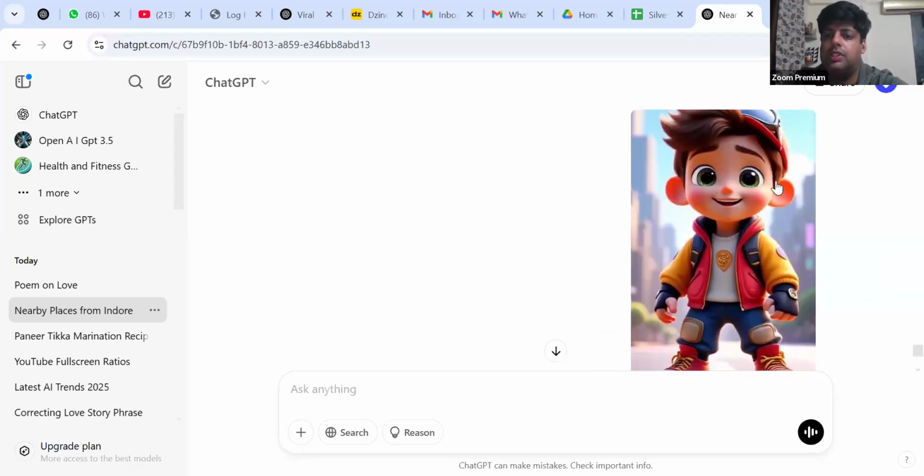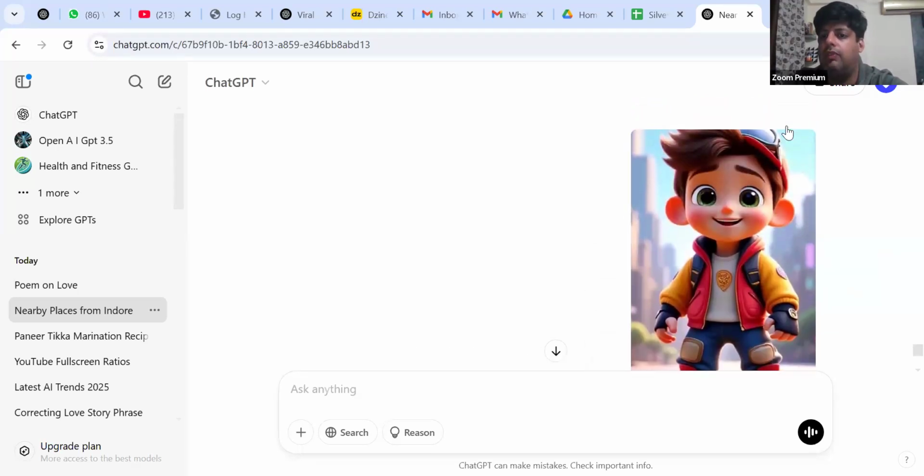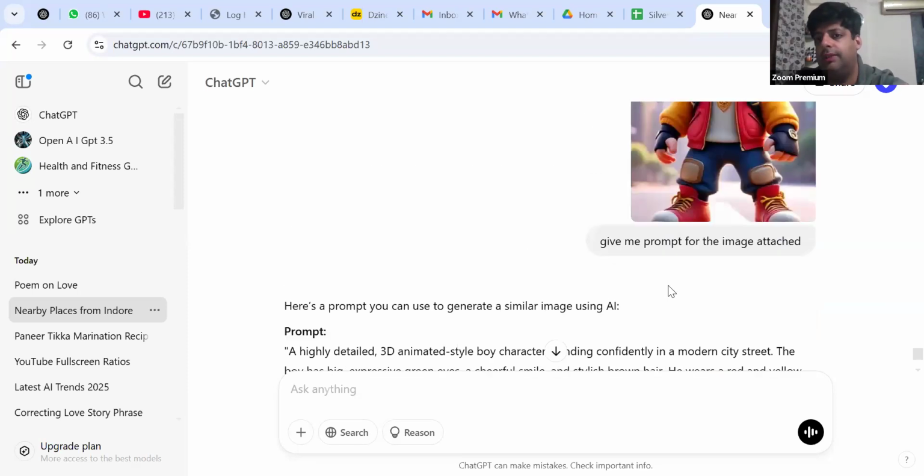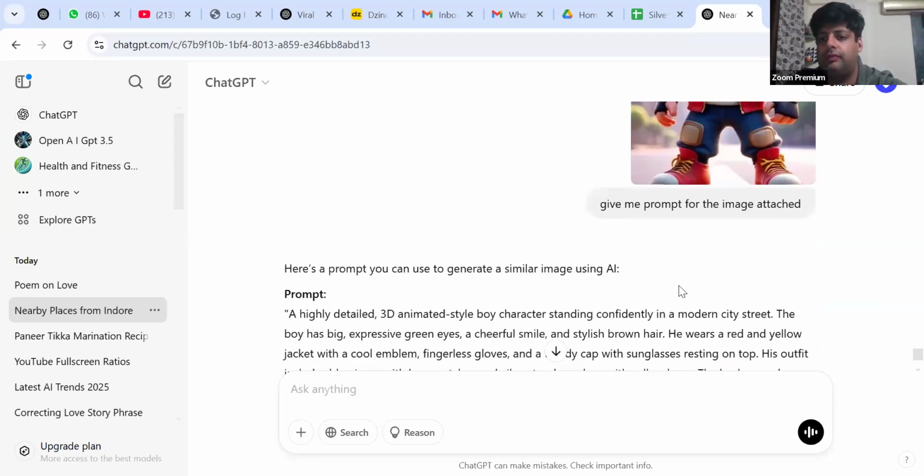Clear? And you see the color of the eyes here and everything. Now, accordingly, it has given us a 3D image, 3D animated style, boy character standing confidently in a modern city street. You can see it's a modern street.